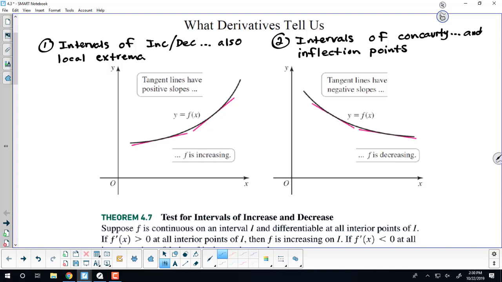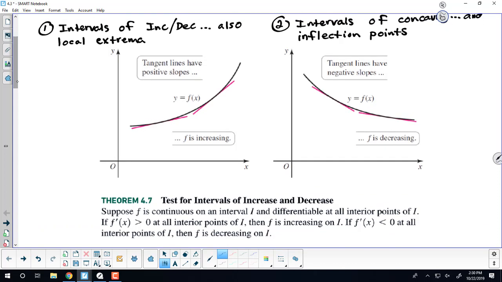So in part, what we get in this section is how do we know or how can we guarantee that a critical point we've come up with is actually corresponding to a local minimum or a local maximum. The way we test that is here in Theorem 4.7, and these two figures accompany what the theorem is saying. It says that if f is continuous on an interval and differentiable, what does differentiable mean again? You can define the derivative. So if the function is continuous and we can define or compute the derivative at all interior points, it says